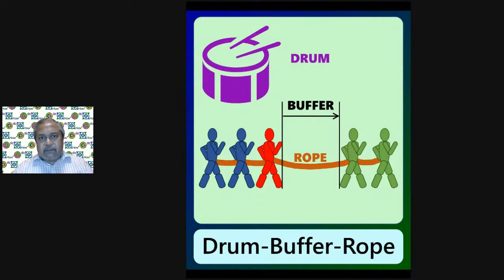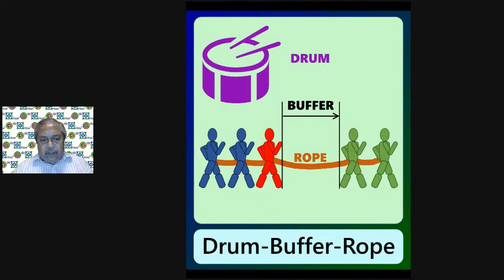Then comes the next concept of rope. What is this rope? Imagine for whatever reason the constraint stopped. He had a problem. His shoe got stuck, or there was a stone in between the sandals and his feet. Therefore, he had to remove that. If that happened, then there is no point in these 2 guys continuing to walk forever. So therefore, there is a rope here. Moment that rope gets fully tightened, that means they come to the end of the rope, then they have to stop. They can't go further because the rope is tied to the constraint. So this is the concept of the rope.